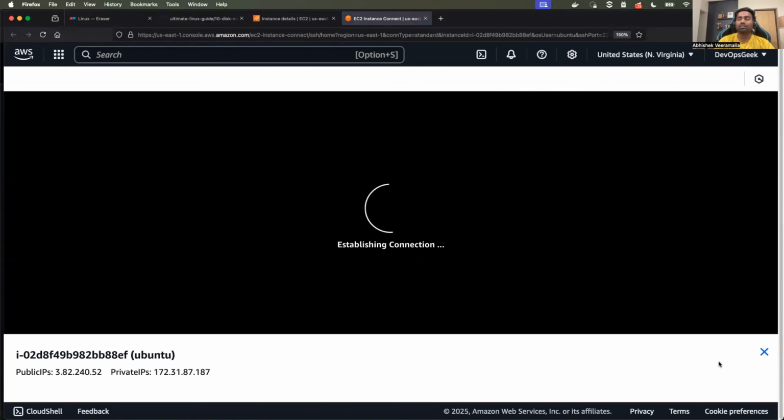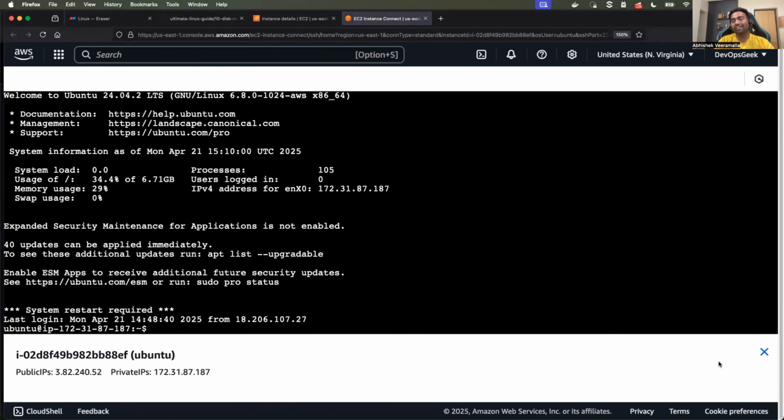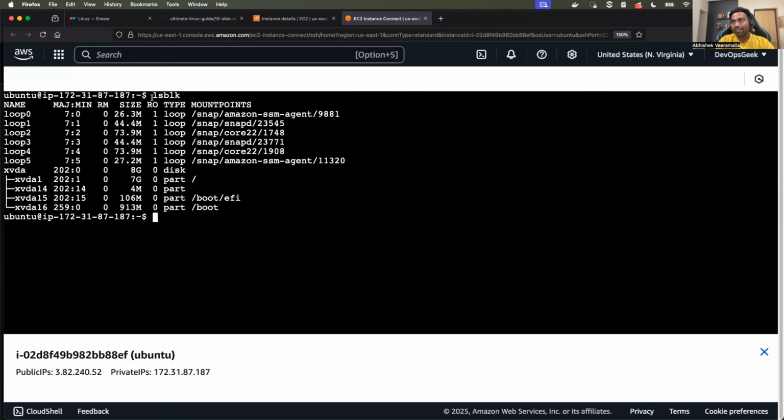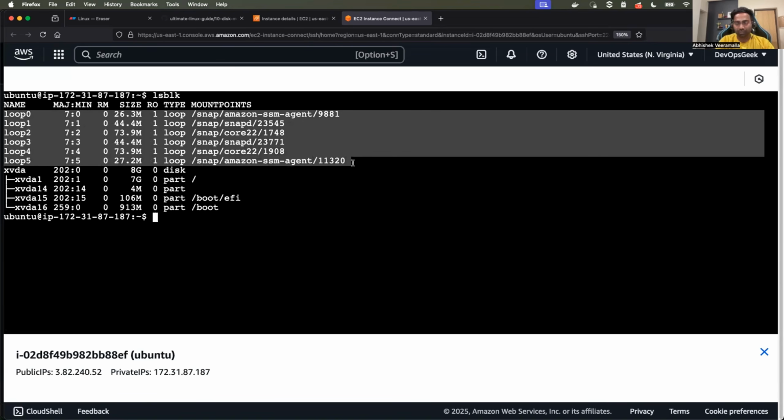So df -h or du -sh mostly focus on file systems and show you storage that is used by a particular folder. But now we will look at a command called lsblk. So what does lsblk do? It lists the blocks that are attached to the instance. You can ignore whatever starts with loop, because they are not real disks, they are virtual disks that are used by the EC2 instance, typically for the snapshot or the ISO images. So you can ignore these, but your focus should be on this one,